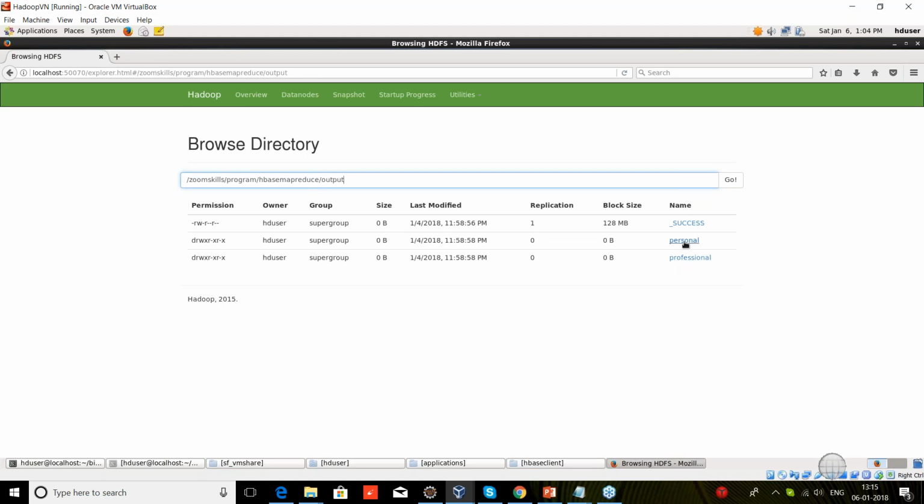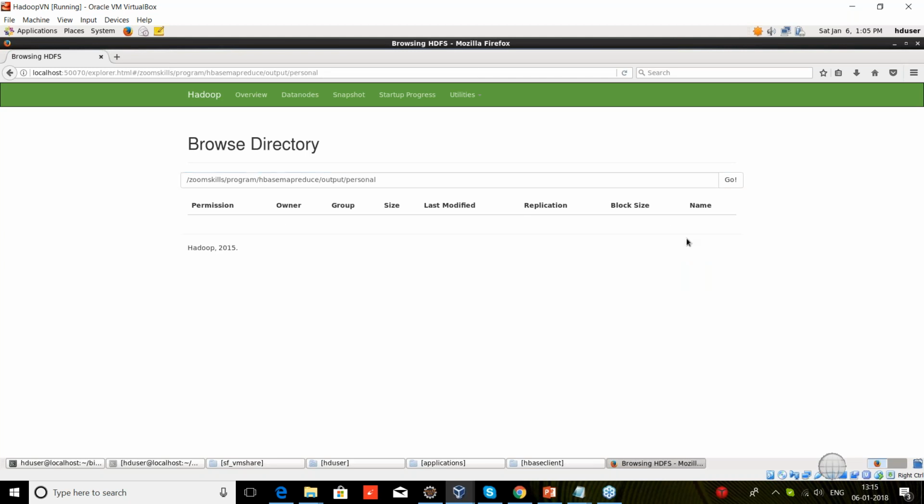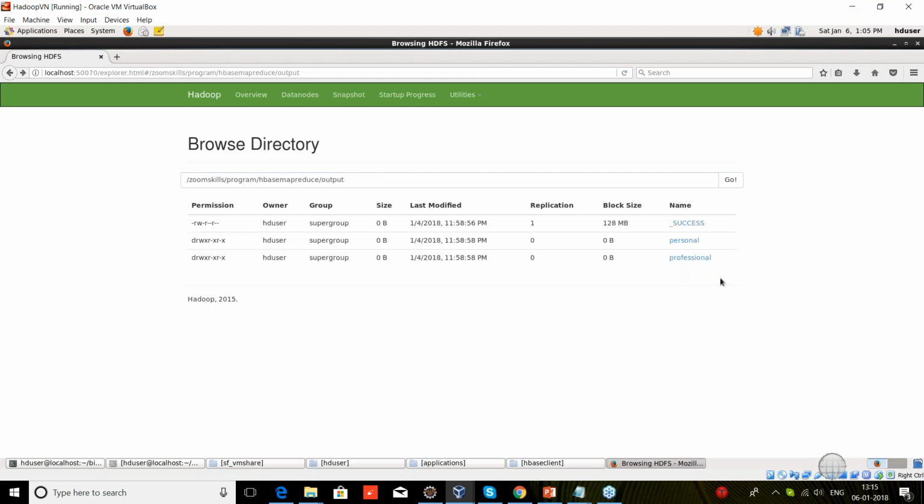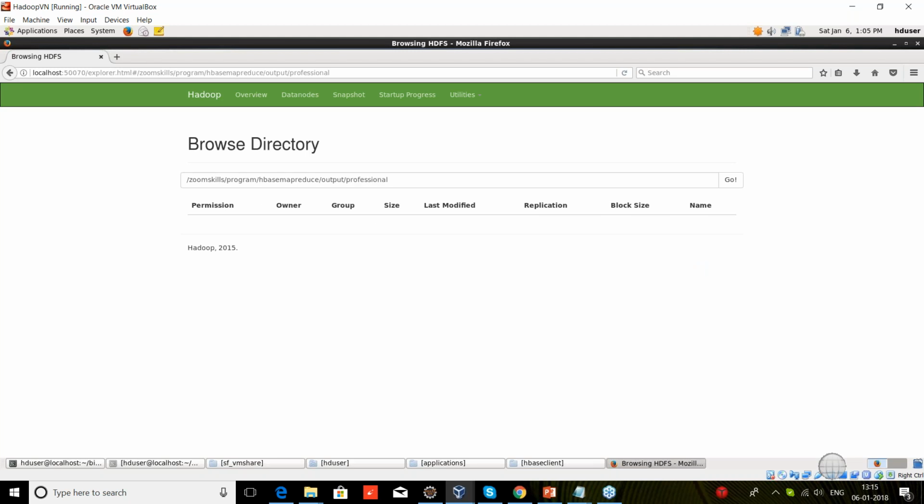Yeah, see, I mean, that's pretty important. I think we have talked about it when talking about the theory, right? It structures the data so that each column family is stored as separate data. I think I've done the bulk copy. Otherwise, you could see the data, because we finished the bulk copy of the program, personal and professional, right? So